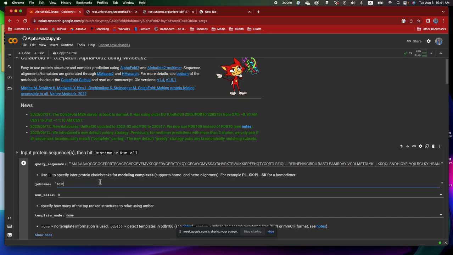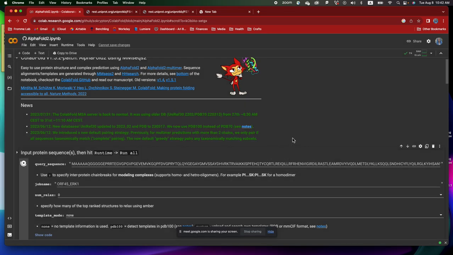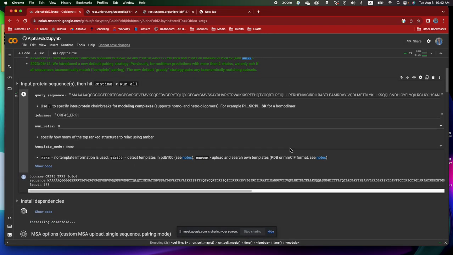The next thing you want to do is change the job name to the two proteins that you are predicting to be a complex. So ORF45, ERK1. And that's all. That's literally all you have to give AlphaFold. And then you simply go, literally do not mess with any other settings. Do not mess with them. I don't even know what they do. I'm not that skilled of a coder. But go to runtime, run all, run anyway, and then